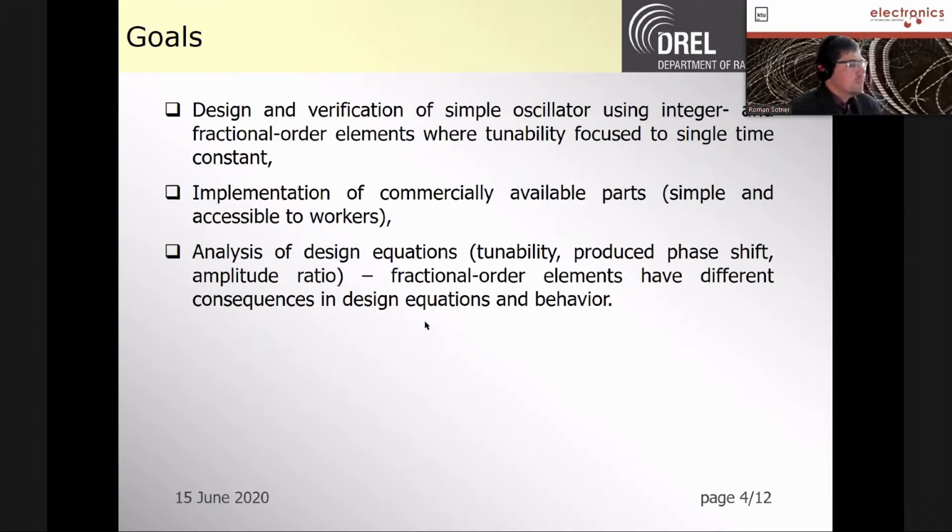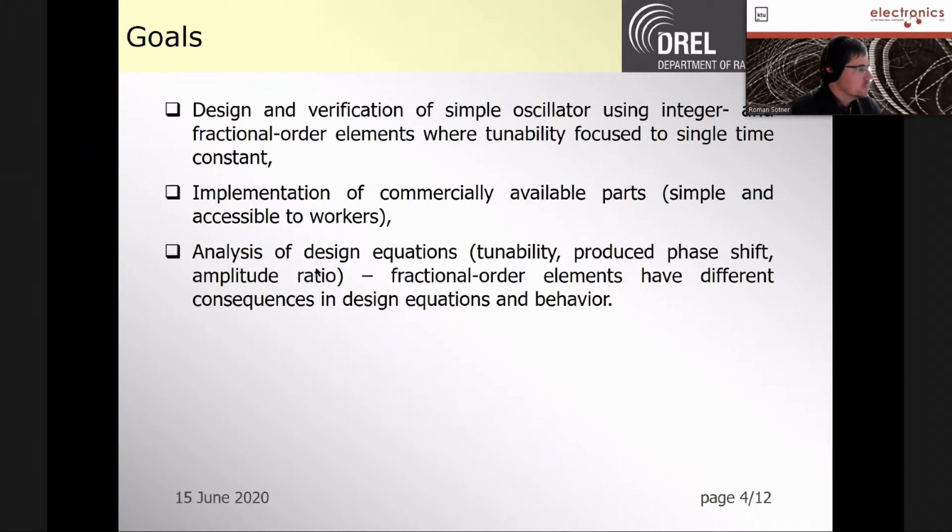So our design goals target a simple structure which uses integer and also fractional order elements, where we concentrate on a special feature of this topology: only a single time constant is used for the tunability of oscillating frequency. As I discussed, we are targeting implementation of commercially available parts, because they are simply available for workers. And the most important goal of our